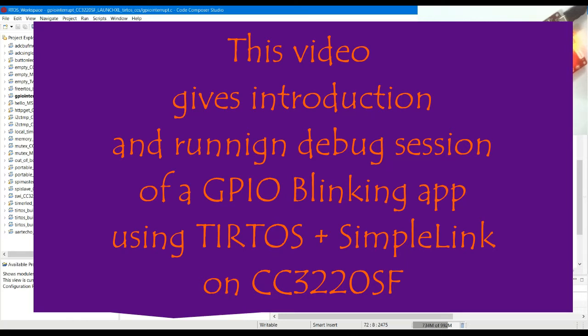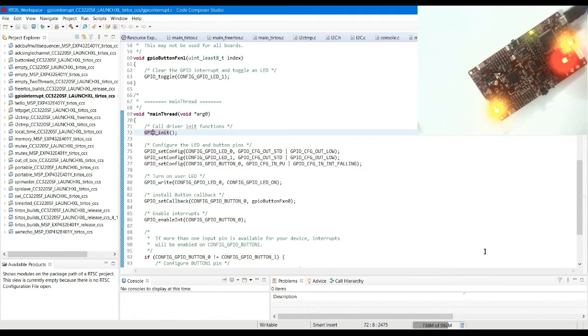Hi, welcome back to the GPIO related RTOS section, where we will be downloading the actual code for a GPIO initialization and hello world